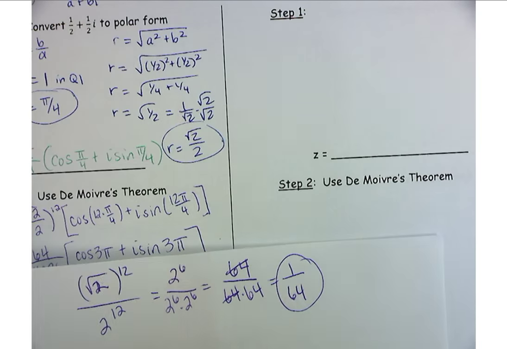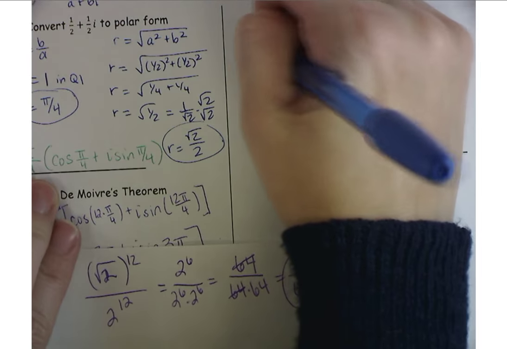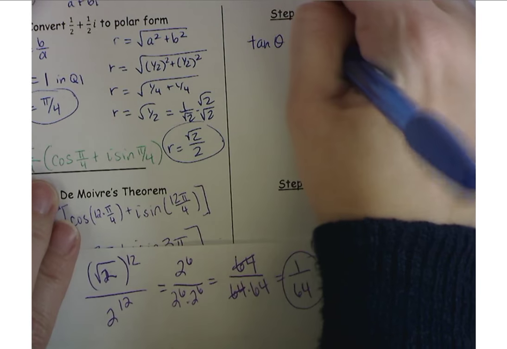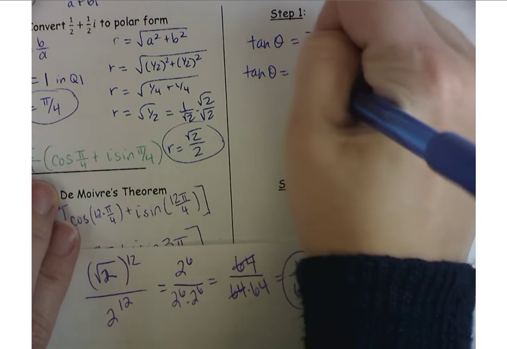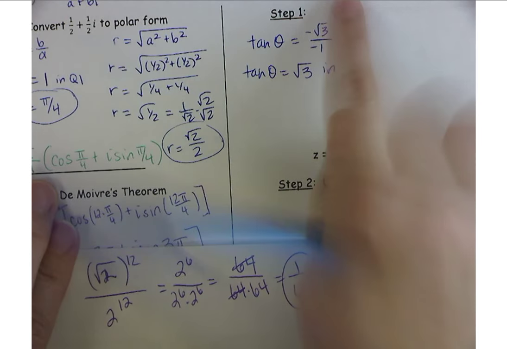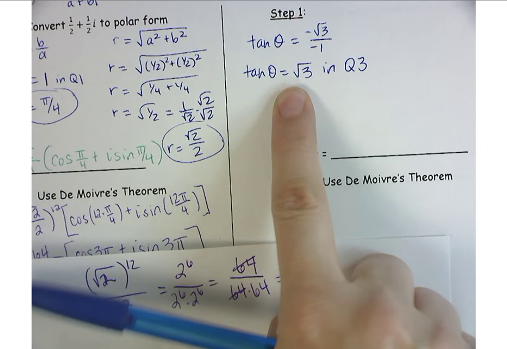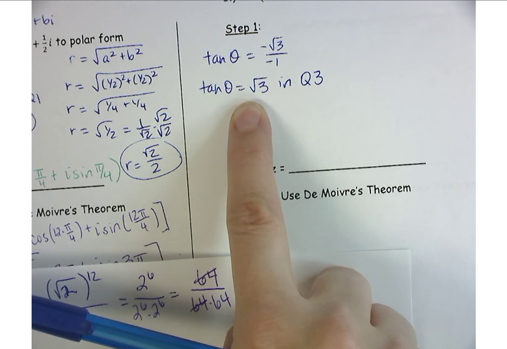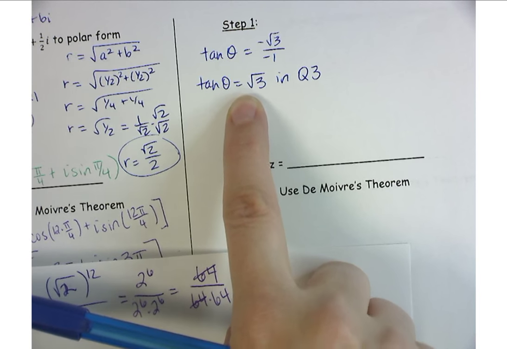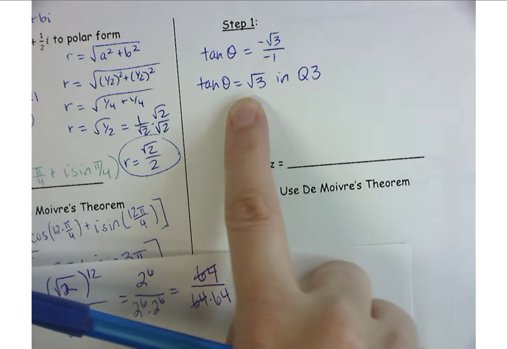Alright, so we'll check in. You guys can keep going. Just double check to make sure you have everything correct. So your tangent of theta was negative root 3 over negative 1, which would just be the tangent of root 3. But remember, this has to be in quadrant 3. So in quadrant 1, where is the tangent root 3? Pi over 3. So to find the one that's in quadrant 3, all I have to do to pi over 3 is what? Add pi. So pi over 3 plus pi is going to be